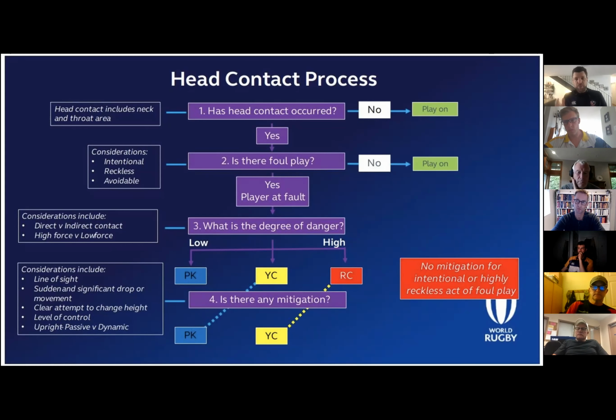So from a technique point of view, I don't think that players or coaches really need to be obsessed about the head contact process per se. I think that process is very much a referee thing, something that they need to worry about. I think from the player's point of view and the coaching point of view, the encouragement has to be to constantly get players' technique to lower the tackle height, because for anyone who's looked into the statistics or the research,